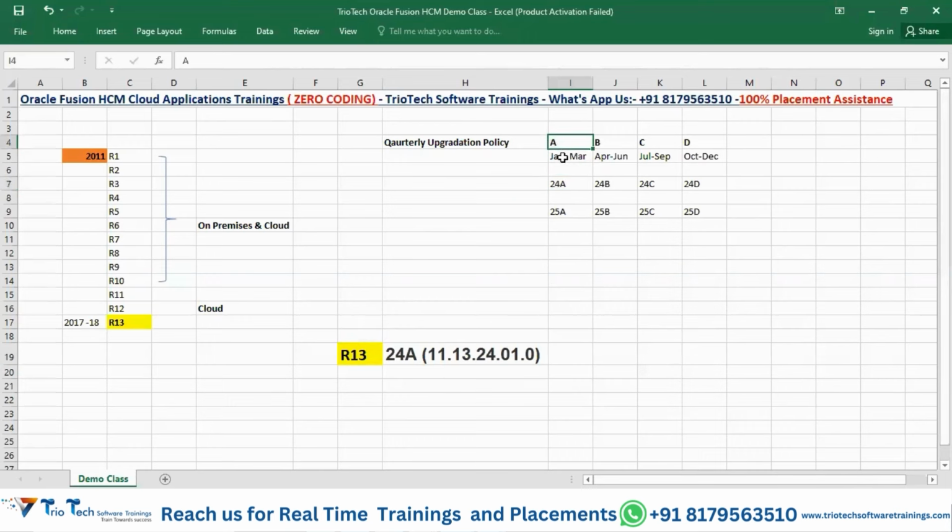In the first quarter, the first month is what, team? January. January means the first month, 01. That is it, team. Next quarterly upgrade, next month when you check, take this screenshot or make a note of it. The version will upgrade like this: R13, 24B, 11.13.24.01,